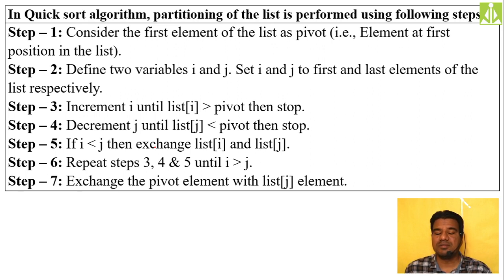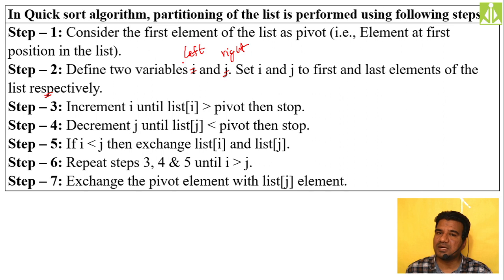Next, define two variables, i and j. Set i to the first element and j to the last element, where first element means leaving out the pivot. Generally we call them left and right, so instead of i you consider left, and instead of j you consider right. In our example discussion we will go that way. i must be left, because we start i from the left side of the list, and j must be right. So initially the pivot is the first element, left is the second element, and right is the last element.